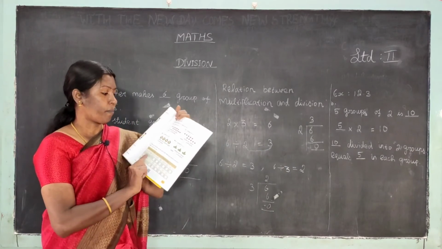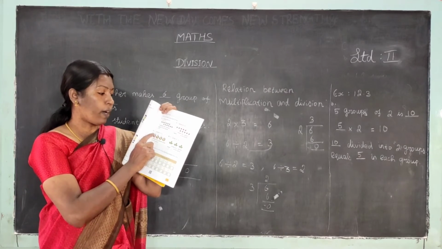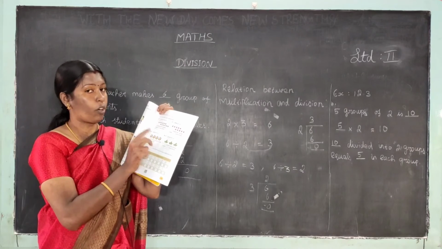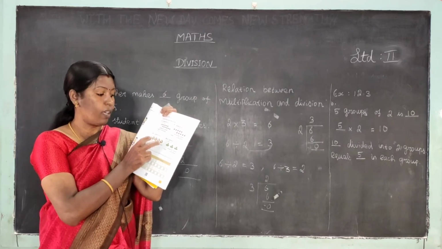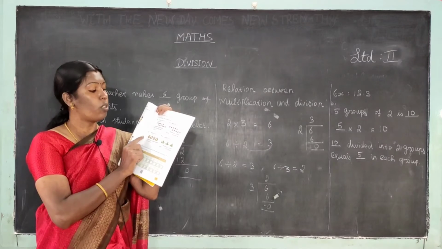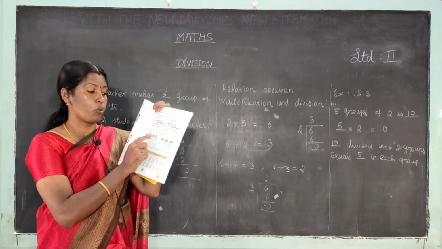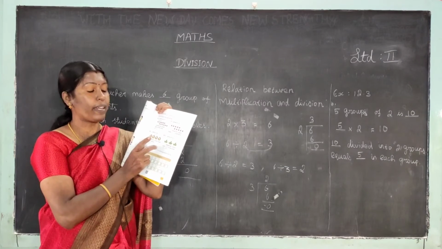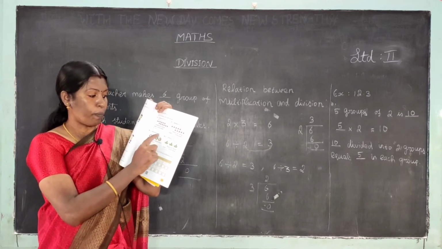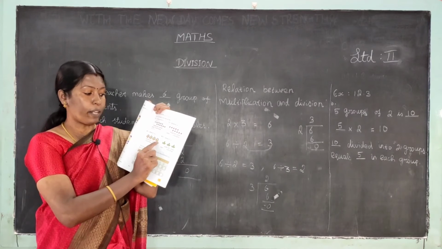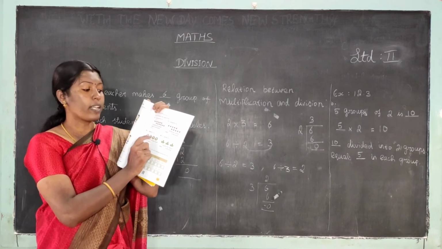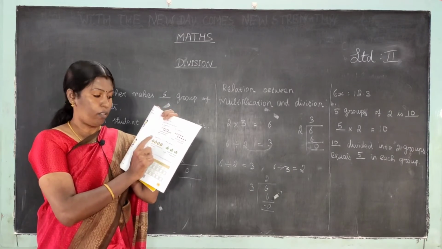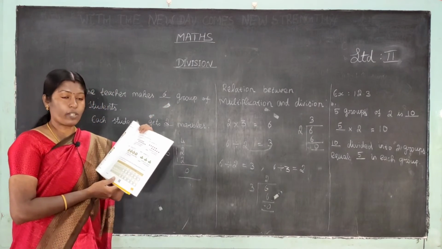The balls. First you see 1 group of 4. How many balls are here? 1, 2, 3, 4. How many groups are here? Only 1. And how many balls are here also? Only, you see, 1, 2, 3, 4. 4 balls. Here only 1 group and 4 balls. 1 group of 4 is 4. That is, 1 into 4 balls. 1 into 4, that is, 1 4 is 4. Okay, just write the answer.